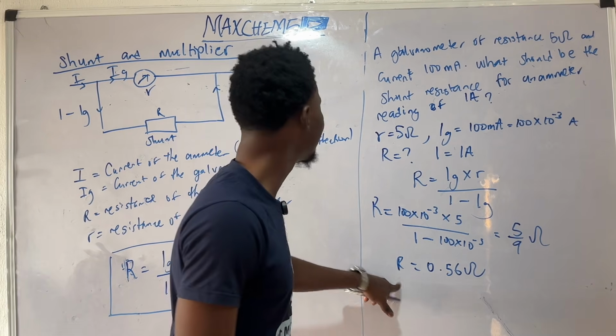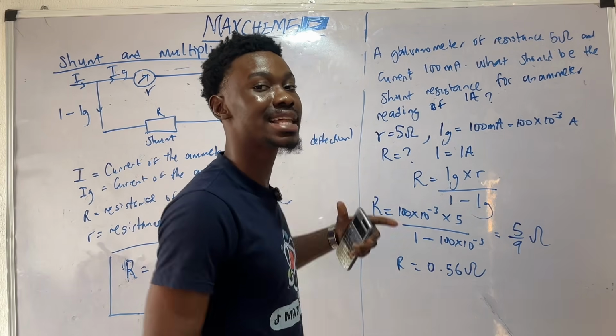So when this low resistance is connected in parallel with the galvanometer, we can convert that galvanometer